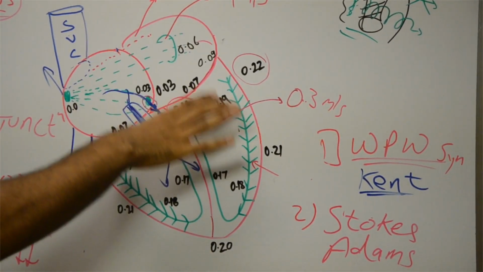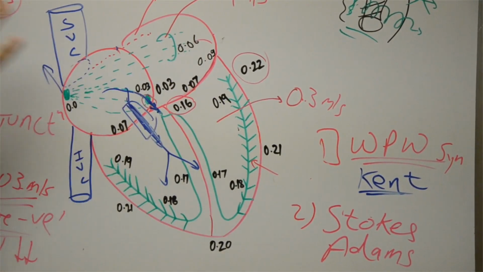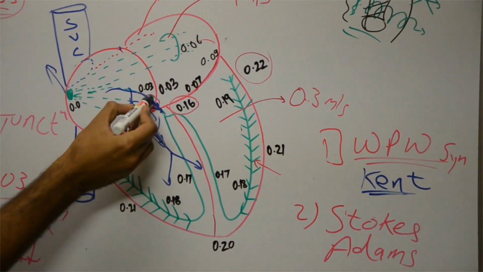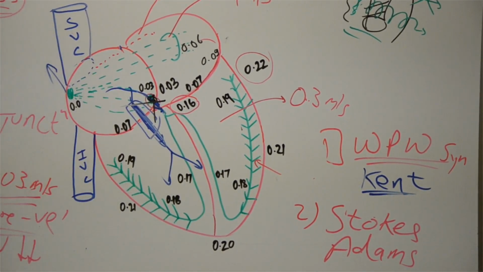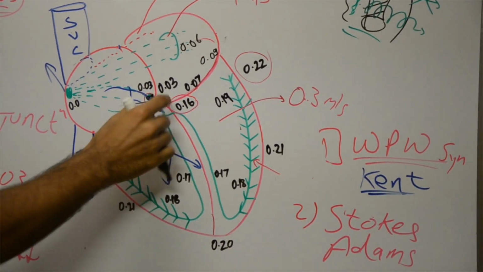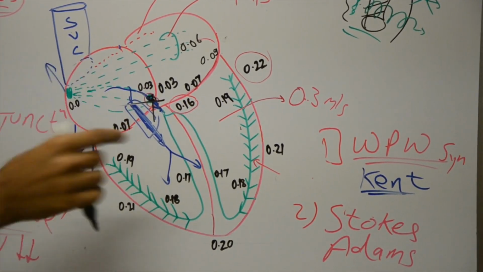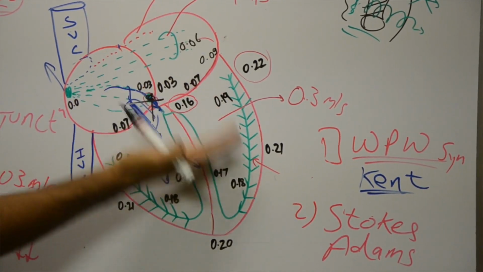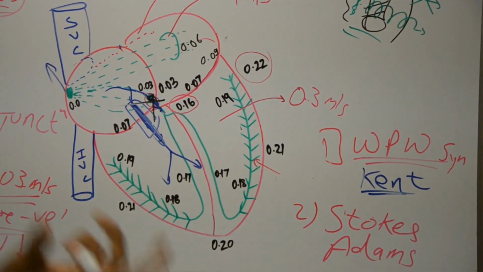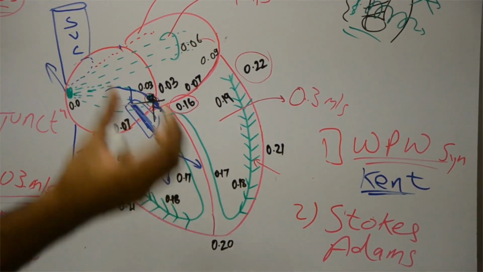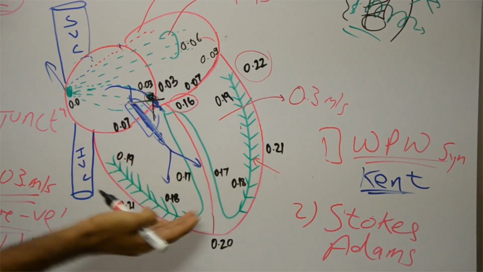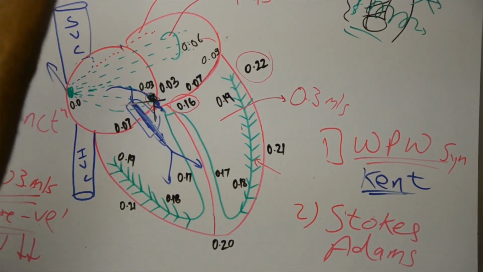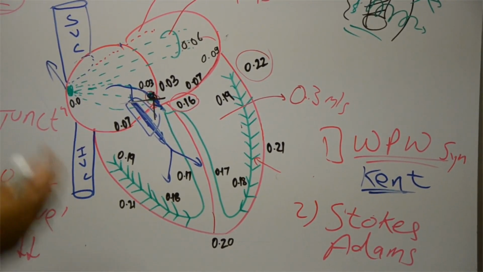Here the anatomy and the connections are normal, but there is a problem in the AV node. The AV node is blocked. There is sudden blockage of the AV node. Now we know that the AV node is normally the only channel which conducts the impulse. So if the AV node is blocked, no impulse reaches the ventricles. So what will happen? The ventricles will not contract. If the ventricles do not contract, they do not pump the blood. If the blood is not pumped, there is no blood to the brain, the person faints, the person loses consciousness,